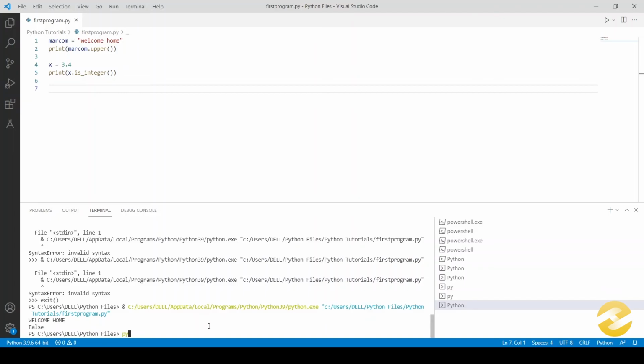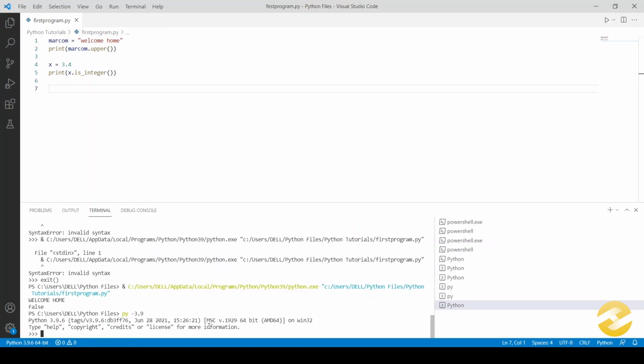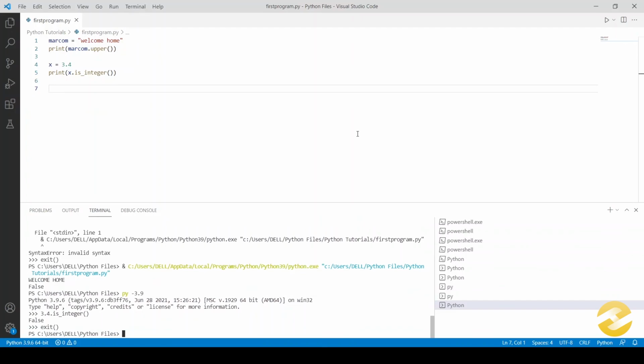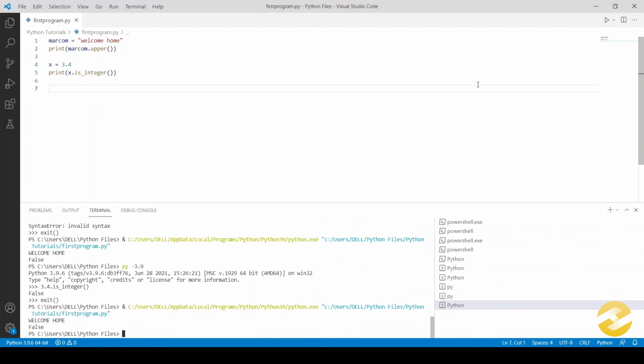For that, you need to be inside the Python shell, which is like this, and then you can execute the same command over there, is_integer, and you would see that the answer is false. And if you need to execute this from here, then you need to first exit your Python shell like this, and then you'd be able to execute it as well.